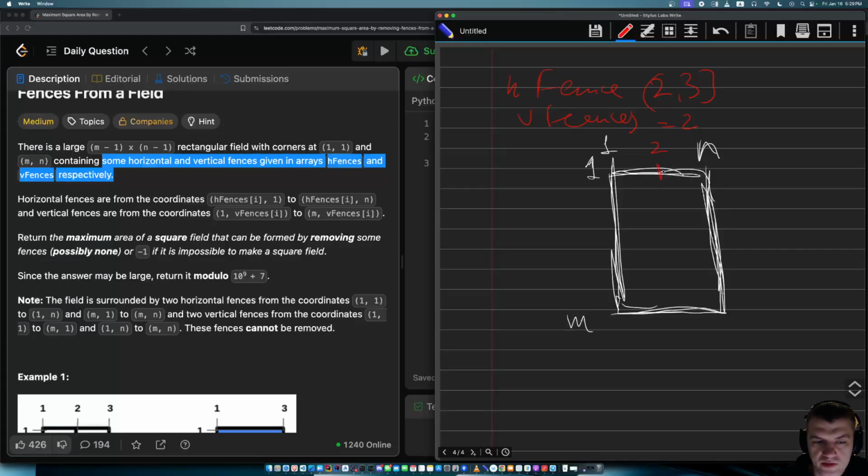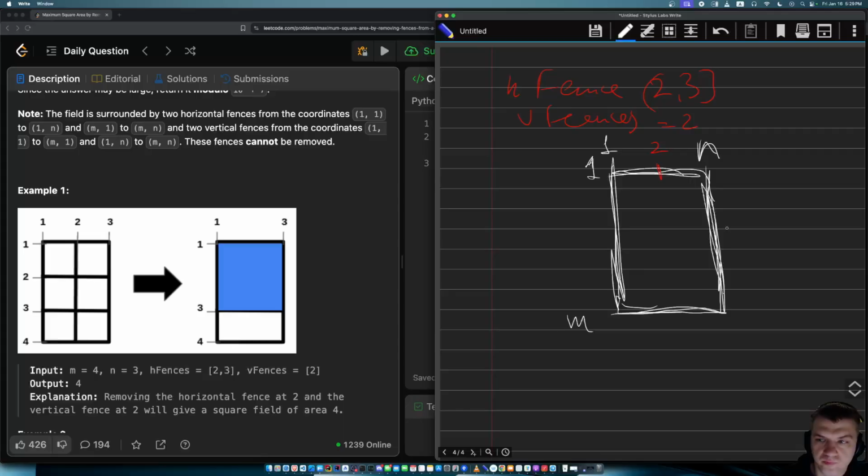So here N is equal to 3, and M is equal to 4. So we have one vertical fence at 2, and two horizontal fences at 2 and 3. And the question is, by removing vertical and horizontal fences, is it possible to get